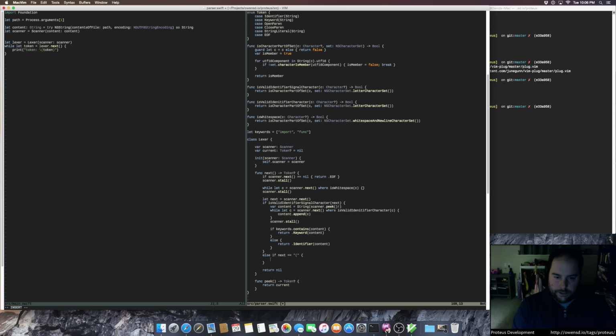Don't know why the indentation's messed up there. All right, we're going to return what? Open paren. Yeah. And do we need to stall? We don't need to stall because we're not going to read any more characters. All right, else if next equals, return dot close paren,